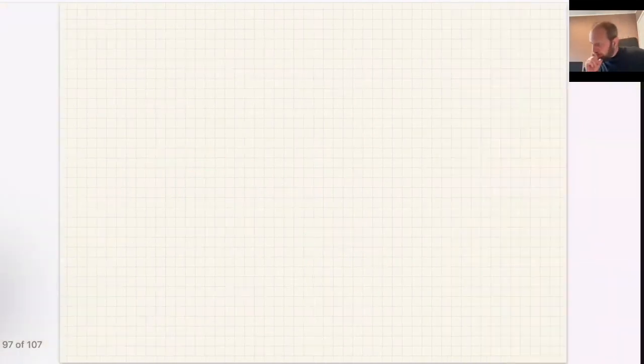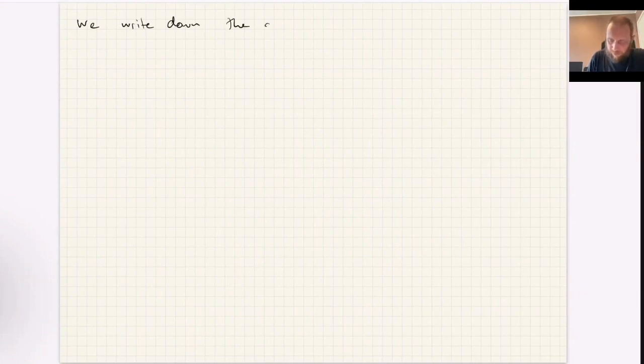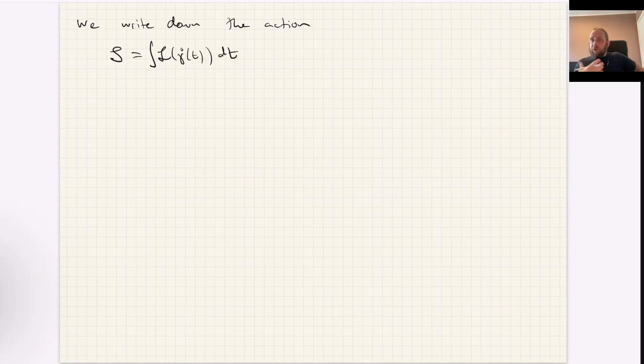Okay, so what happens now is the following. We write down the action, which we call S, as the time integral of the Lagrangian of gamma of t dt. And then we extremize that action. And if you do this extremization and you follow through with all of the maths,